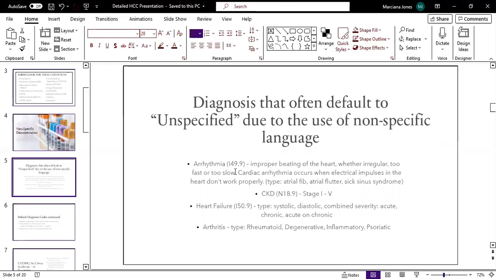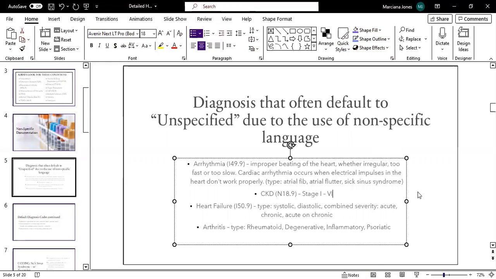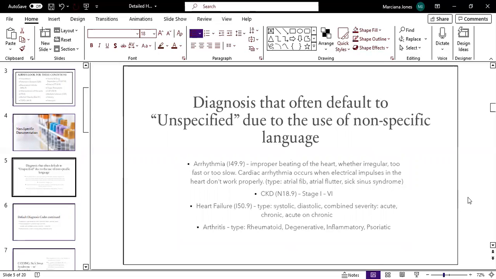CKD, and I talk about this in a lot of videos too, about being specific. If you just see CKD in the patient chart, the default code is N18.9. You're just going to automatically assume that it's unspecified because you don't see it specified. There is not a stage, and let me go ahead and add it since I have it still up. There are 6 stages to CKD. So if it's not specified, then you're going to go ahead and use N18.9, if it's not saying whether it's stage 1 through 6,